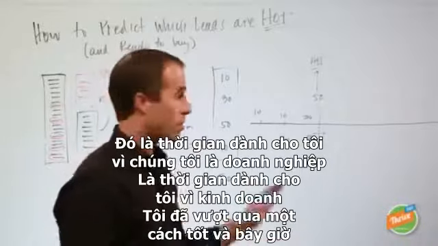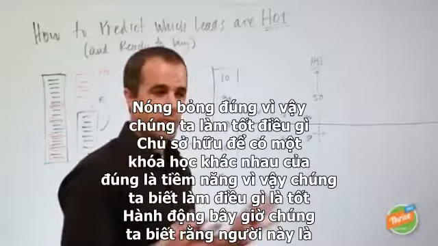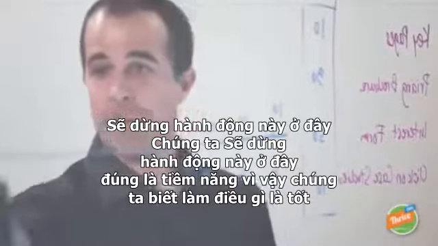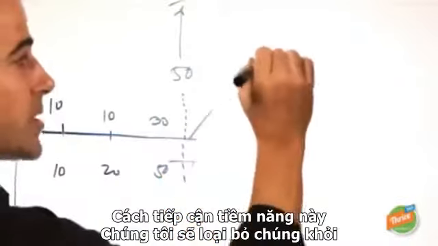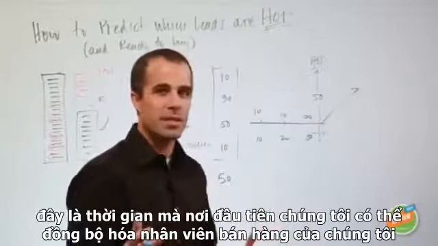And now it's time for us, as the business owner, to take a different course of action. Now we know that this person is a hot lead, right? So what do we do? Well, we're going to stop this action over here. We're going to take them off of our nurture path, and we're going to go up to this hot lead approach. Okay, so now what do we do? We know they're hot. What do we do? Well, this is the time